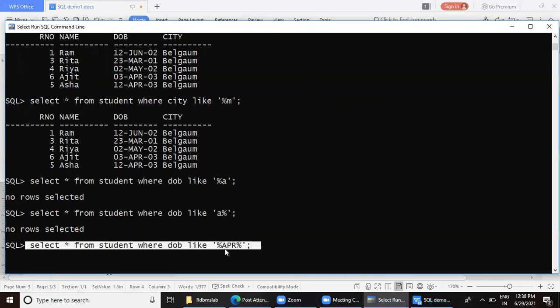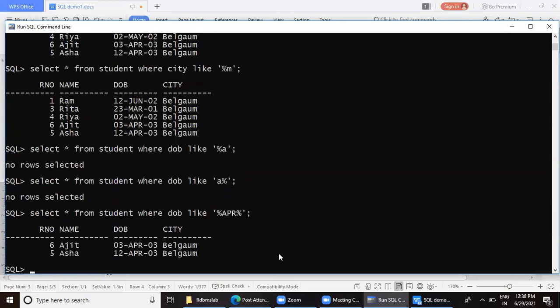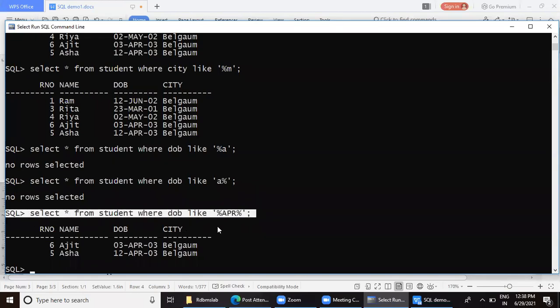The date may be anything or the year may be anything. Percentage before APR will match any date, and percentage after APR will match any birth year, but the month should be April. This was a tricky question, one of the tricky questions in the journal program.